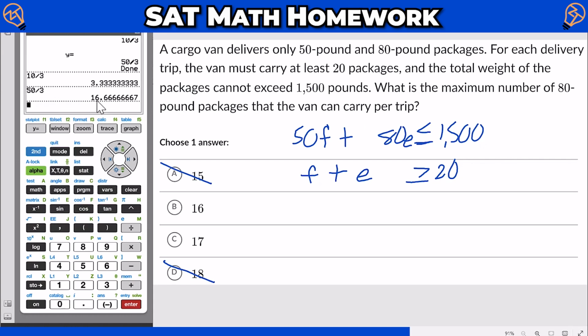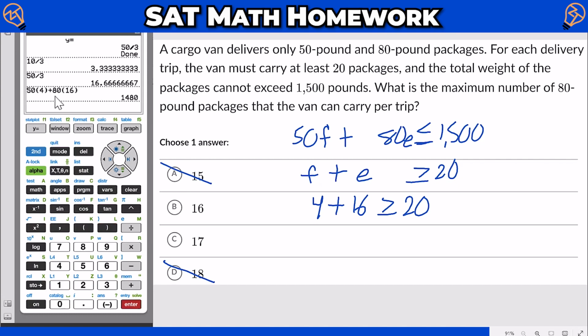If E were 16, that would mean that F would have to be at least 4, right? In order to be at least 20 packages. So if we plug in 4 for F in this top equation and 16 for E in the top equation, let's see if we stay under this 1,500 pound limit. So we'll say 50 times 4 plus 80 times 16, and we do stay under the limit. So it seems like 16 is the right answer, so B,